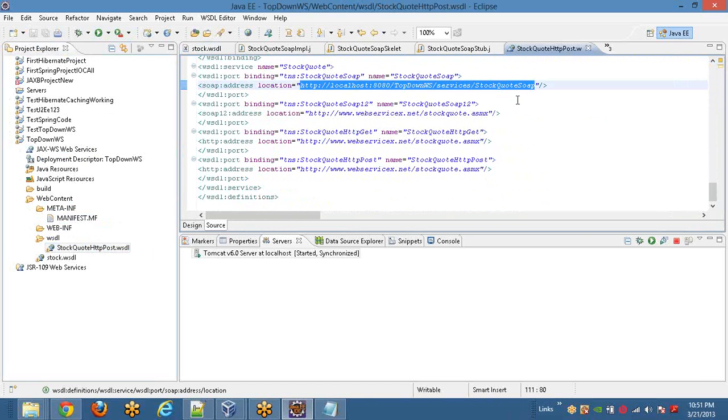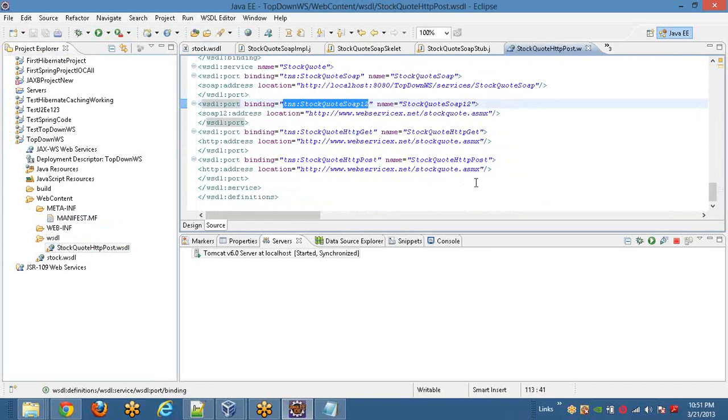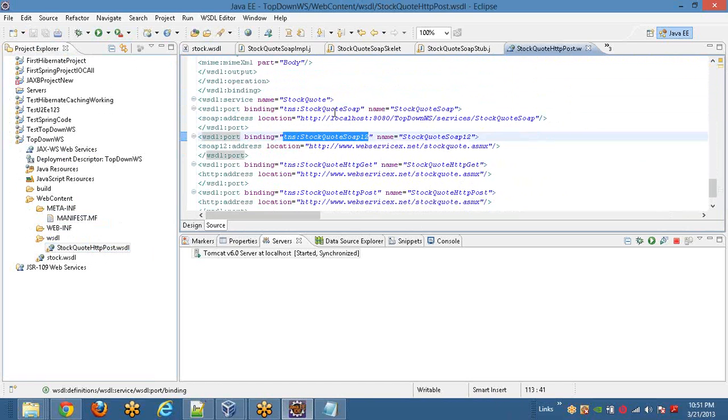You can see here that this is the only service it is implementing right now, not the SOAP 12 and all those hypothetical things that the service used to do. This particular implementation is implementing this thing only,